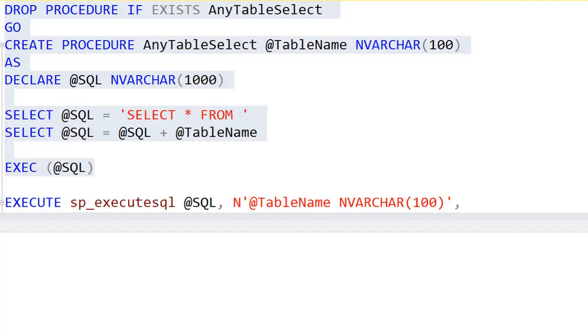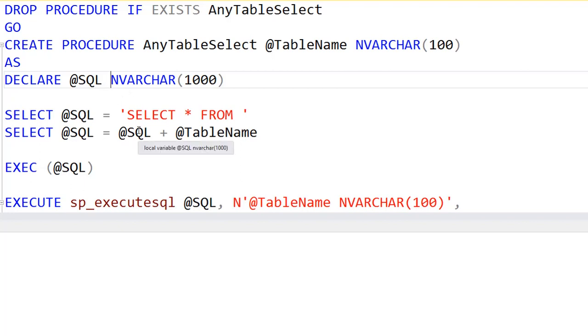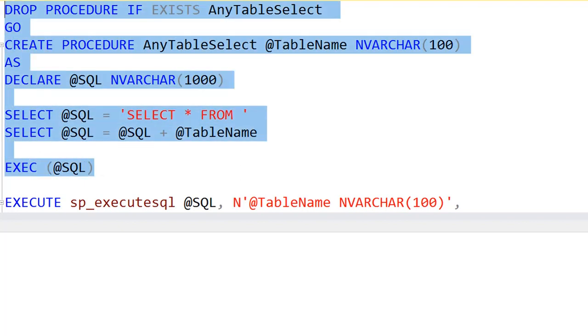So here is the example of invoking the SPexecute SQL stored procedure. So we start it as we do most of those now, and we do the drop procedure if it exists so that we can keep testing it until we get the version that we'd like. We create the same procedure name, any table select, and we declare @SQL nvarchar 1000. Again, this has to be an nvarchar to use SPexecute SQL. So I again put select star from, at @SQL, and then I add that to the table name that's going to be passed. Let's execute this portion,